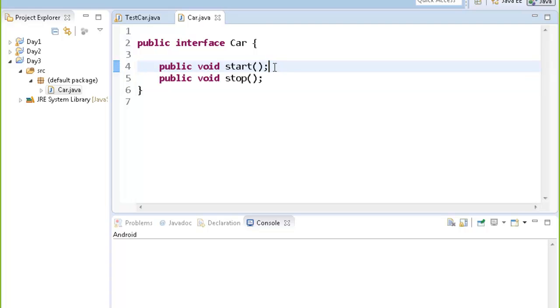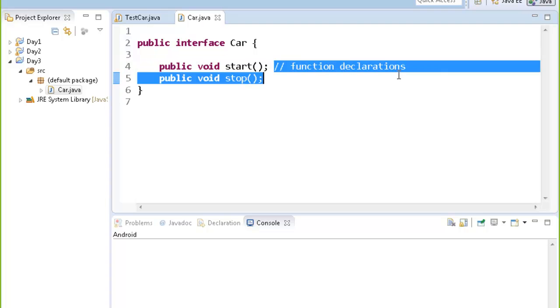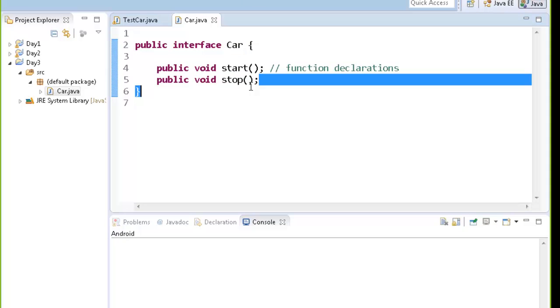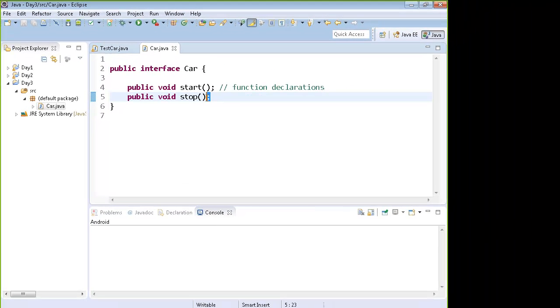In interfaces, you will only have function declarations. You cannot give the function bodies. You can only declare your functions in the interface. You will never give a body. Interfaces are incomplete. They are like the cover face of the book, with the index of the book, which tells you what the car will be offering you.